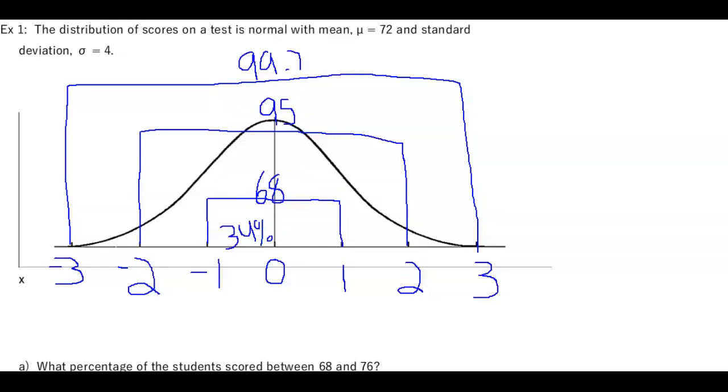To find the next percentage, we take our 95% and subtract our 68%, and then divide that by 2. You'll notice we get a difference of 27%, and half of that is 13.5. That's our next percentage between 1 and 2 standard deviations, or -1 and -2. For the third one, we do the same thing: 99.7% minus 95% gives a difference of 4.7%. We divide 4.7 by 2, and from -2 to -3 standard deviations, or +2 to +3, we get